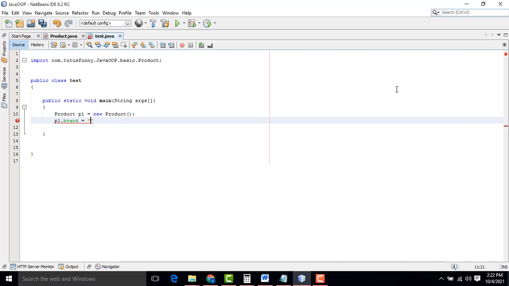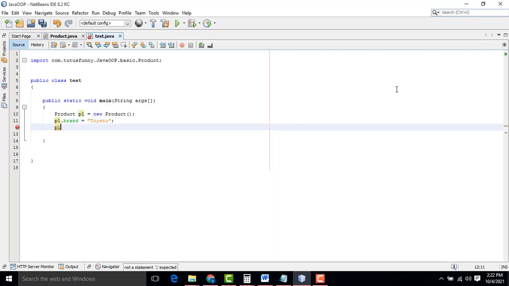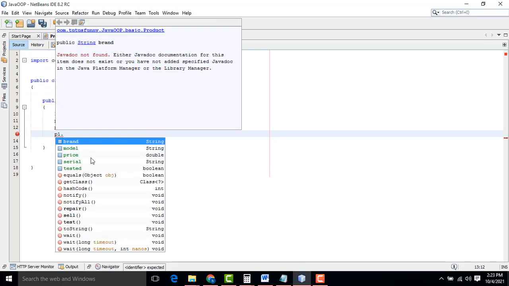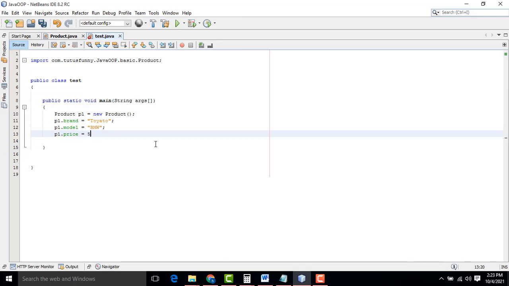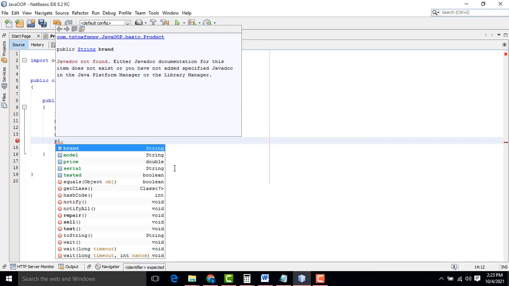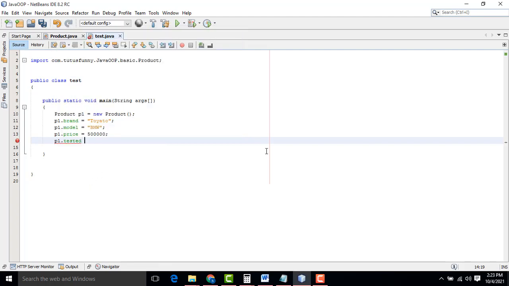Something, Toyota. Model: p1 dot model equal BMW, something like that. p1 dot price equal like this. p1 dot tested equal true.